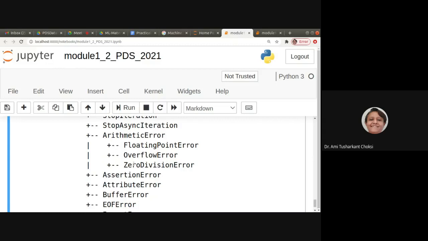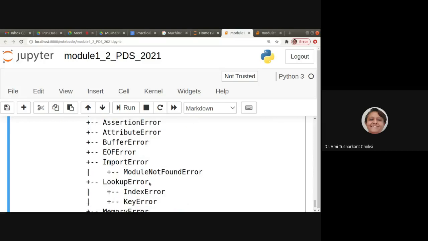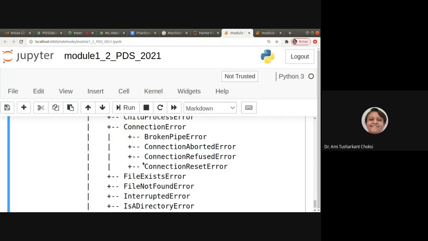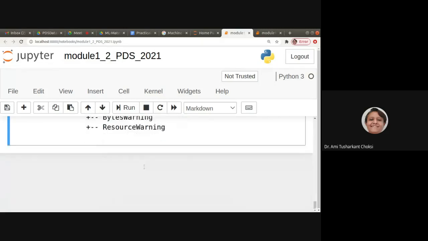In that the subclasses are FloatingPointError, OverflowError, ZeroDivisionError. Then below the ArithmeticError, we have AssertionError, AttributeError, BufferError, EOFError, ImportError, right? This way the error hierarchy is done. Okay?